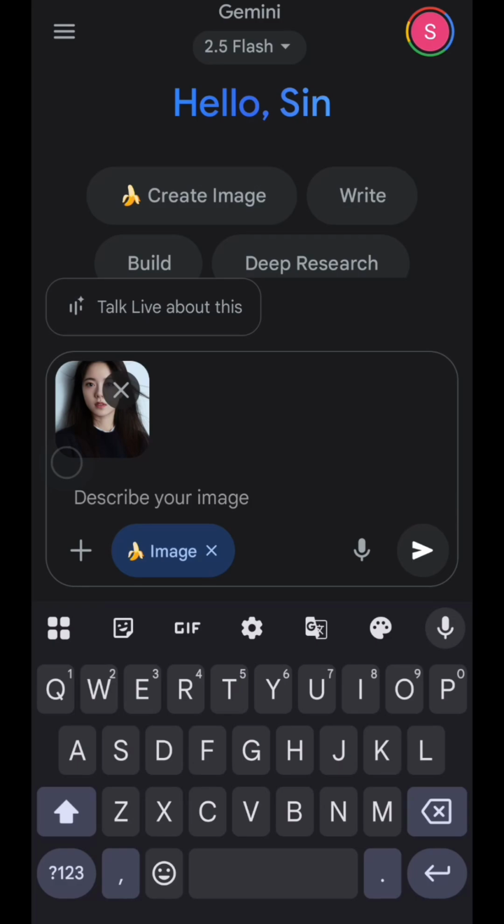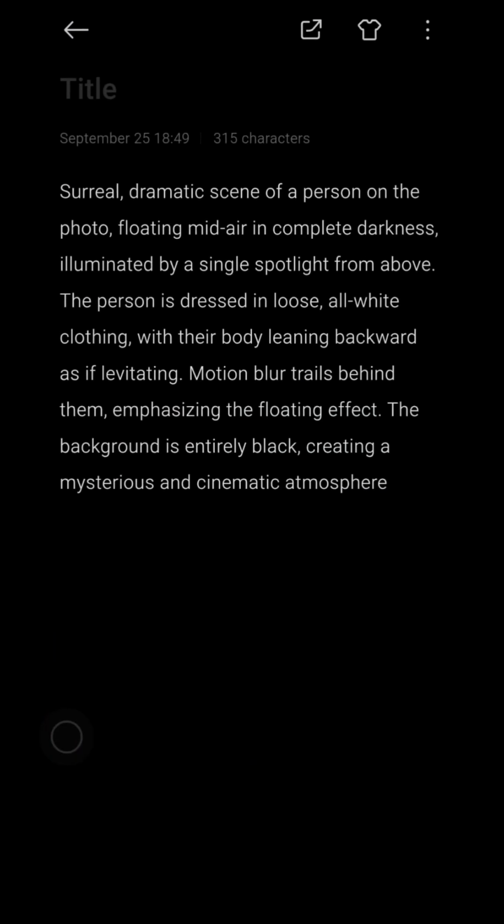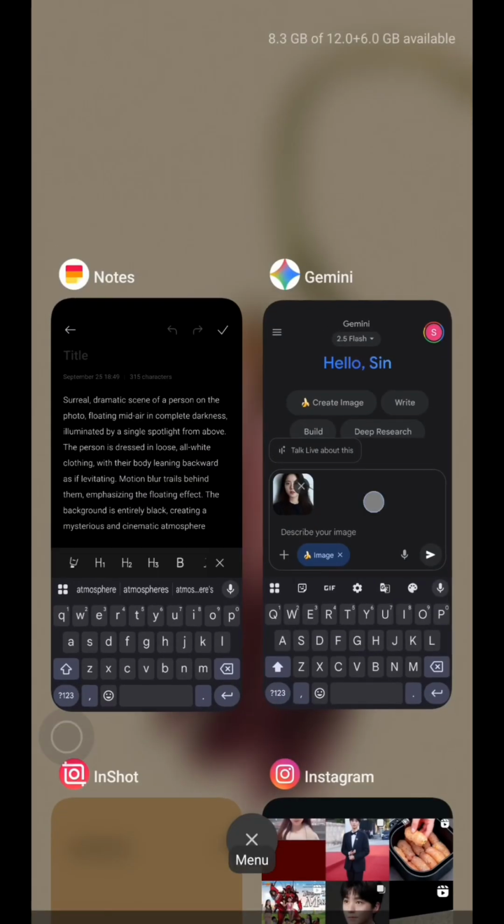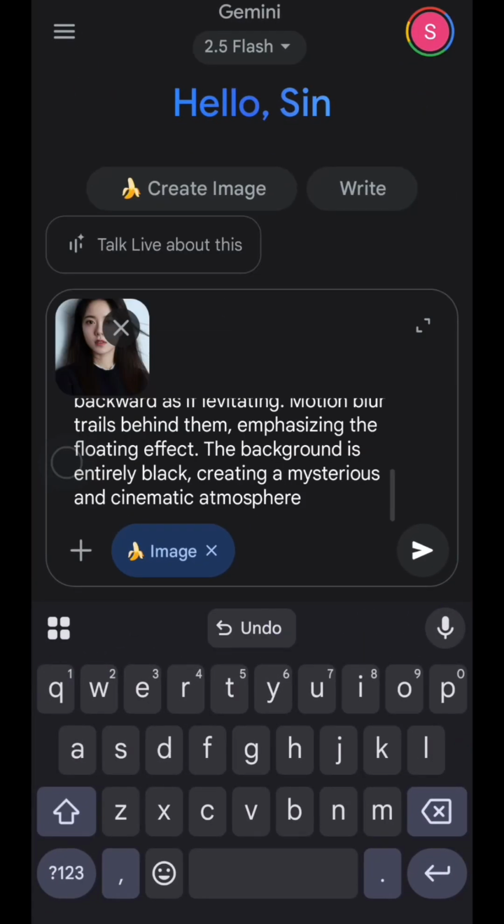And once the photo is uploaded, we're ready to guide the AI with a creative prompt. Before, I already have one prompt like this. You can copy my prompt exactly or just feel free to customize the details, maybe change the outfit or lighting to fit your style. Next, I will just copy my prompt and then go back to Gemini and then paste it